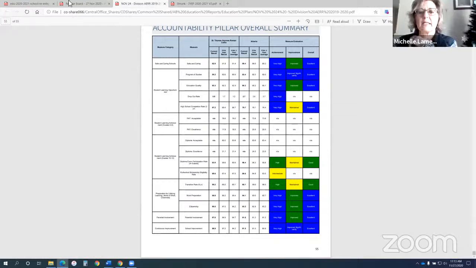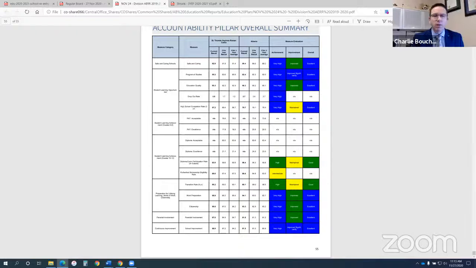Is there somebody willing to make that motion? I can make that motion. Trustee Tugwood. Okay, Trustee Tugwood moves that the board approve the education plan as presented. Should there be a year in that motion? Sorry, we've got two approvals here. We're on the annual education results report. Right, sorry. So I'll approve the annual education results report for 2019-2020. Yeah, that's the motion.